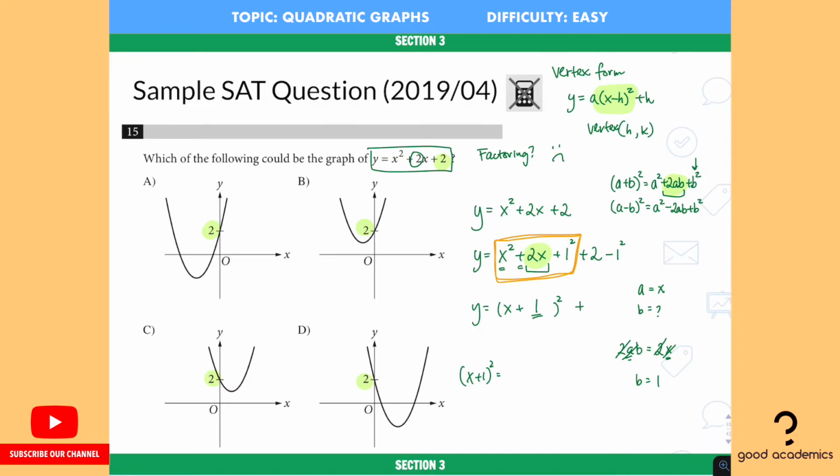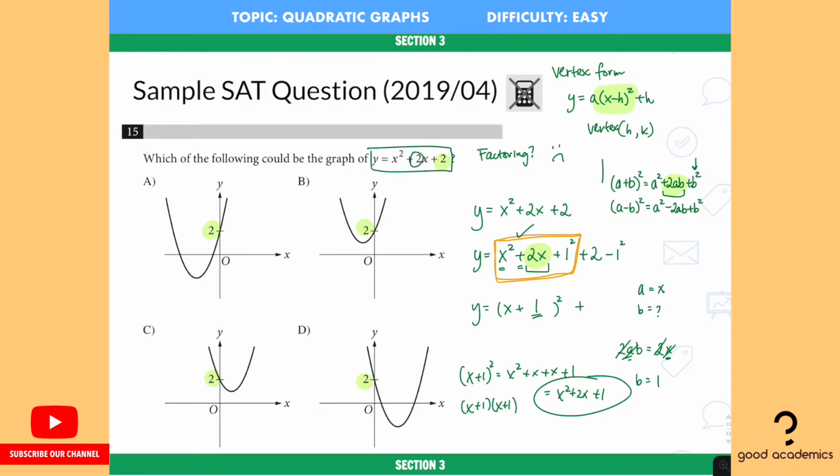So if you do the FOIL, which is (x + 1)(x + 1), you do the FOIL, and that is equal to x squared plus 2x plus 1. Hey, that is exactly the same. All right, so that's how you get this through FOIL, but I really want my students to be able